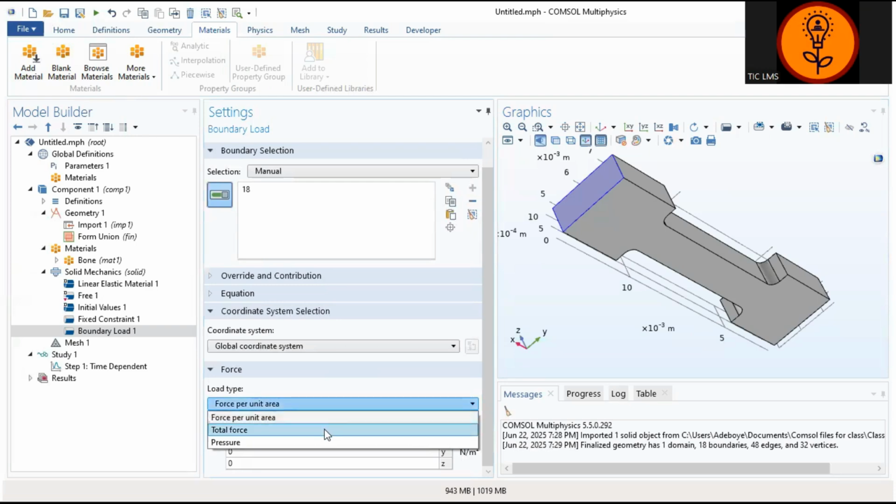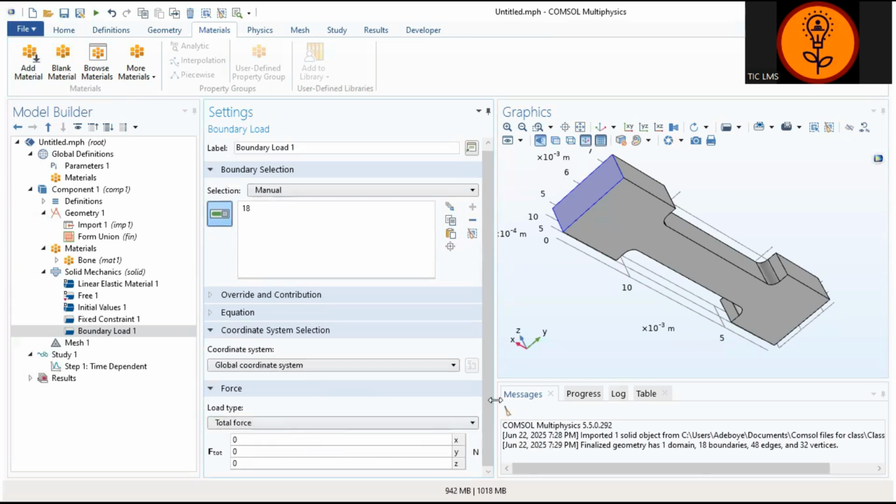Okay, good. We're going to select total force. And then under total force, we have X, Y, and Z. We want the force applied only in the x-axis. So we're going to turn that to 10,000,